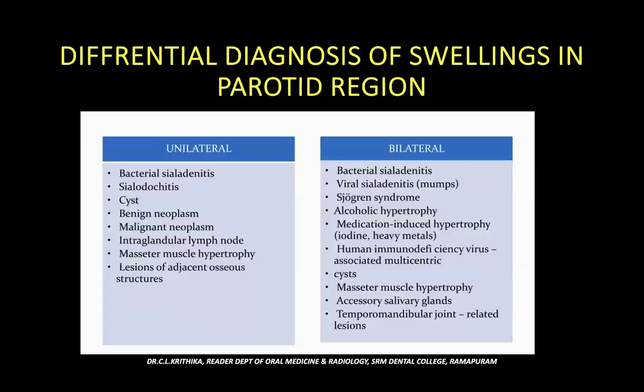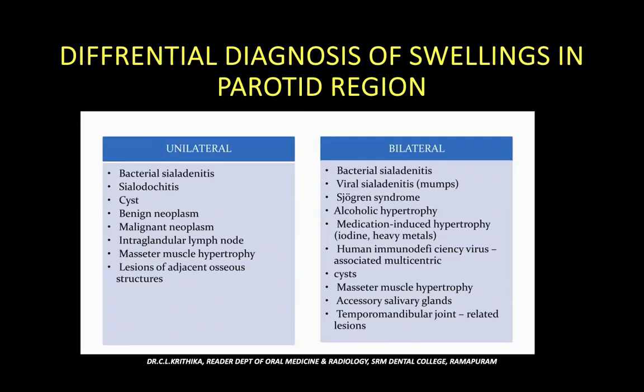Next, we move on to the differential diagnosis of swellings in the parotid region. Swellings of the parotid region can be grouped as unilateral or bilateral. Unilateral swellings include bacterial sialadenitis, sialodochitis, cysts, benign neoplasms, malignant neoplasms, intraglandular lymph nodes, masseteric hypertrophy, and lesions of adjacent